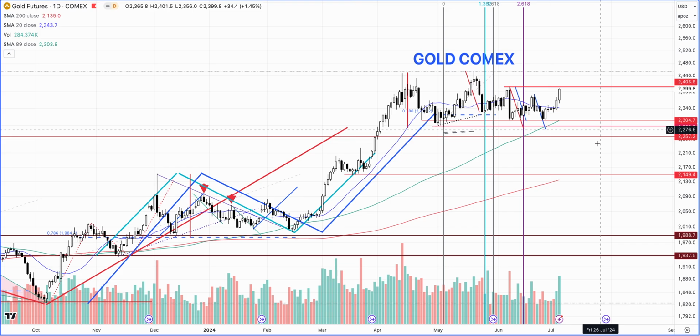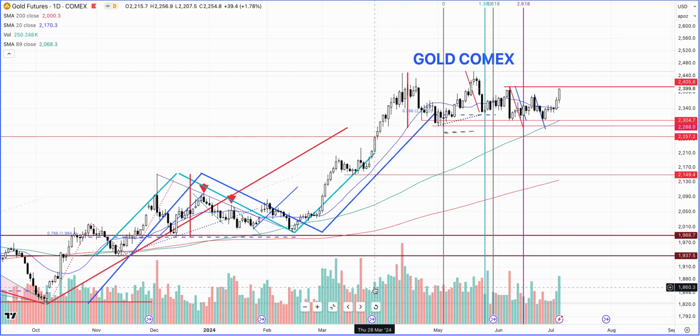I'll show that to you on the weekly chart, on the monthly chart. Now, one of the things I wanted to point out is that initially I thought maybe I wanted to complete this correction around the 2280 level, and now it looks like gold is much stronger, so it actually found support from the bottom of this 7th of June low.